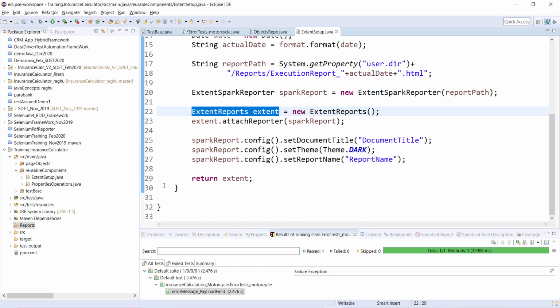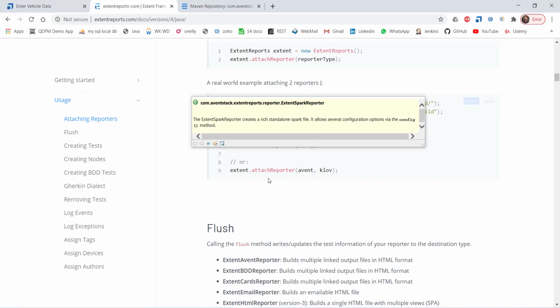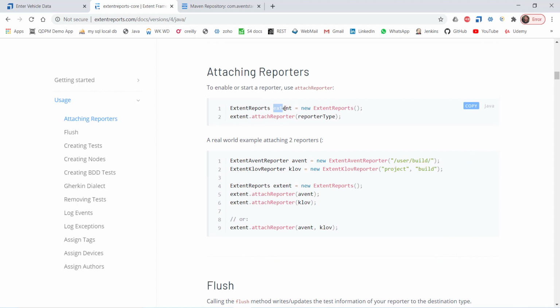Now where are we going to call the extent setup method? Okay, and before I go, in extent report, there is one more thing. If I go to the documentation, you see there is the first thing called, what is happening? Okay, so the very first object we have created is for the ExtentReports class, the extent object, right?